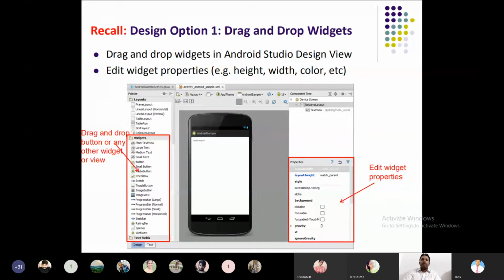In Android Studio, we will drag and drop, and that too in the design view. Android Studio will show the output of your app. Output in the sense, it will not execute, but it will show how your screen looks before execution. In this slide, what you are seeing, suppose